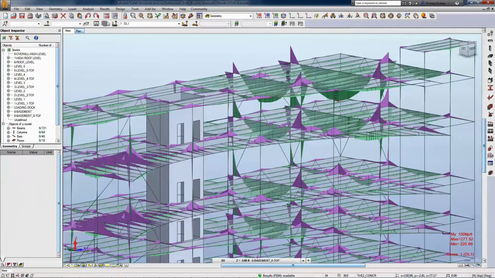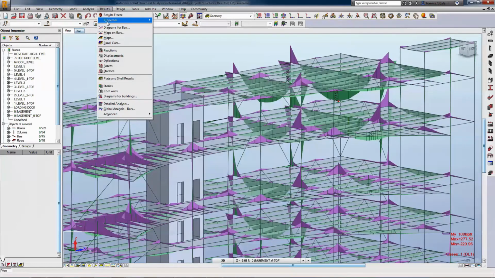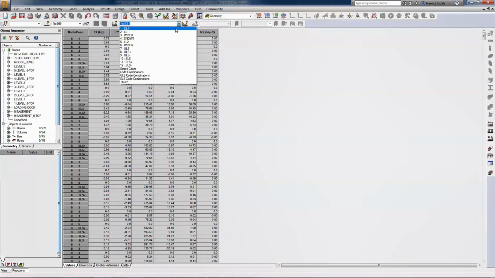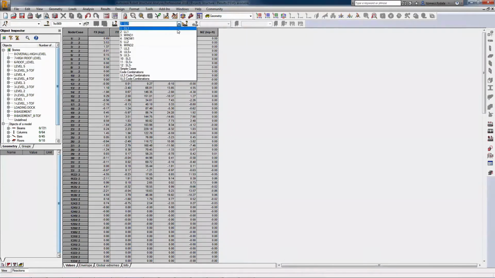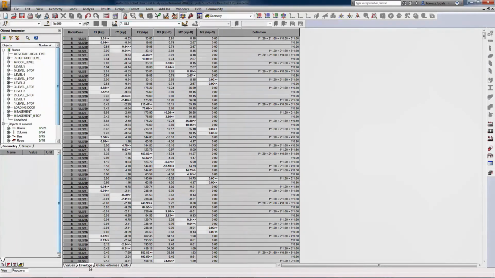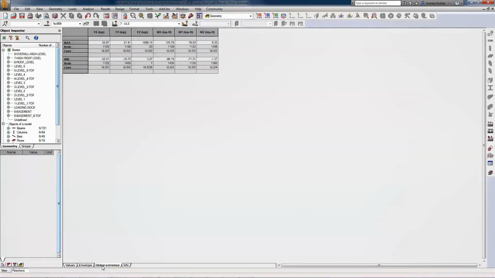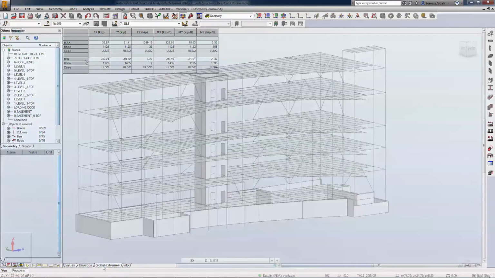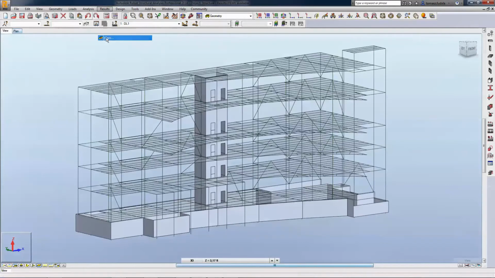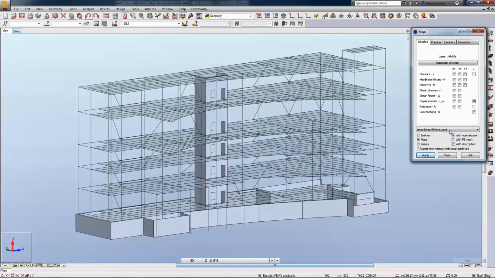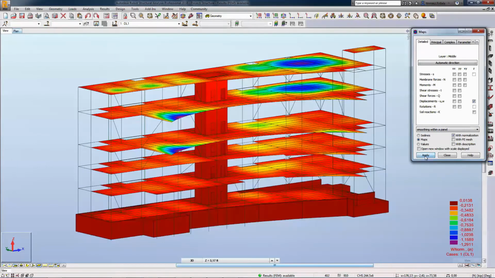These results can also be exported out as tables, so it's not just pretty images that you're looking at. And these are the results shown in a table form. We can also, like I mentioned earlier, go to our maps and apply different displacement maps,